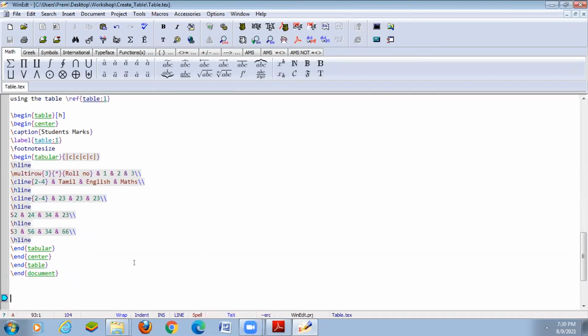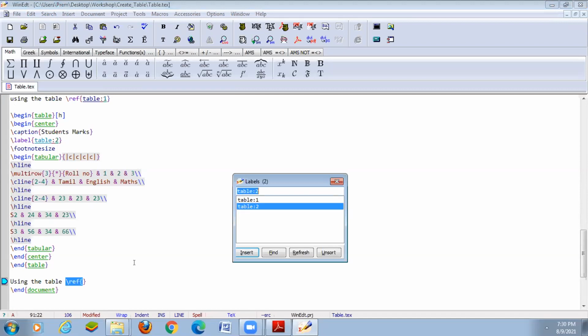And then we can use the same table again, using a label name to define table number 2. Okay. Again, we use some other text. So \ref of table number 2. Okay.